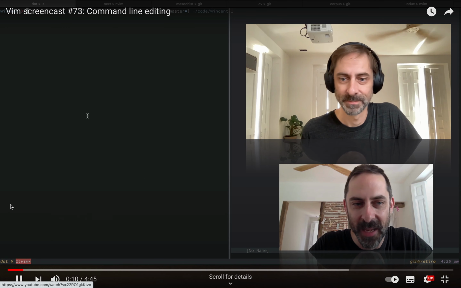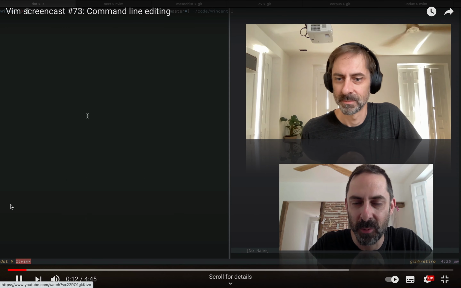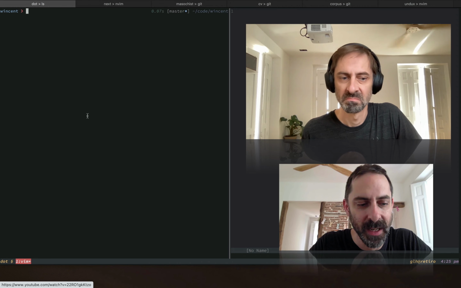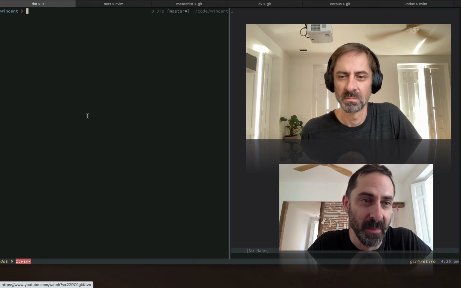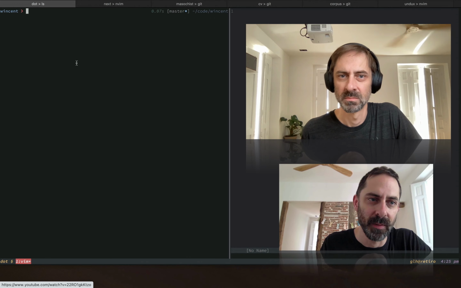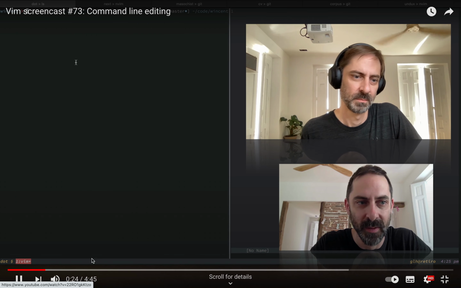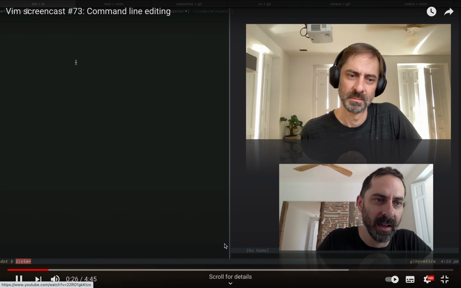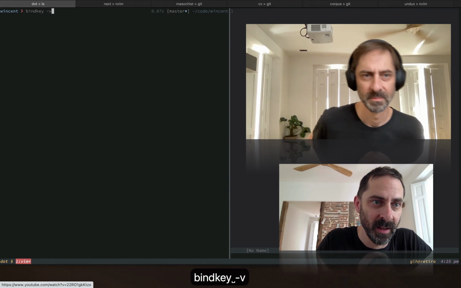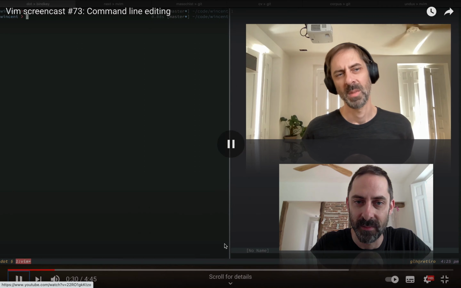Talk about Vim again, and today I want to talk about using Vim to edit the command line. Now, one way to do that is to set your shell to actually have Vim key bindings. So I've got a shell here on the left. This is Zsh. You can do the same thing in Bash though, and probably a bunch of other shells. But basically, in the Zsh case at least, bindkey -v is going to put the shell in